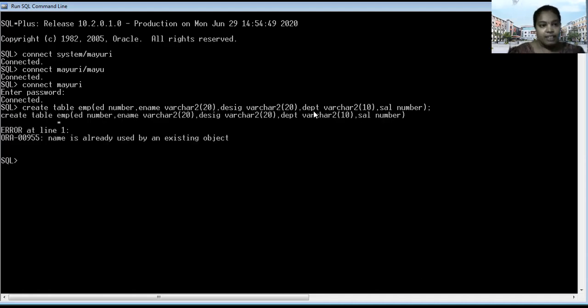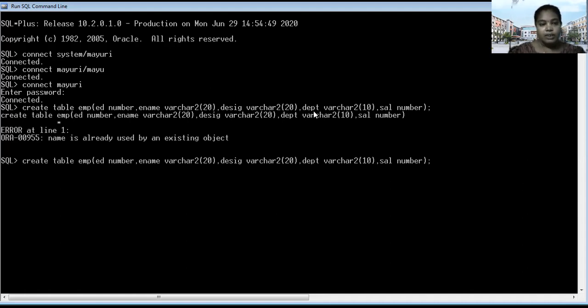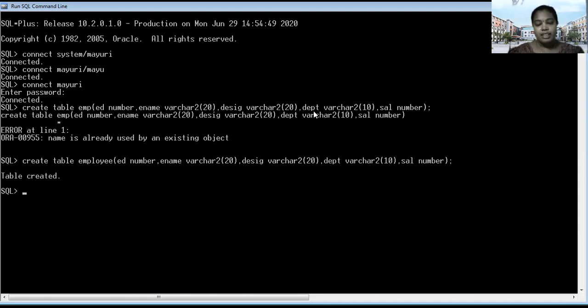Okay, create table. The employee table already exists, so you have to write employee1, or the full name employee. Okay, the employee table is created, right? You can insert data into the table in different syntaxes. Now I will follow one syntax: insert into employee values. This is the basic syntax.